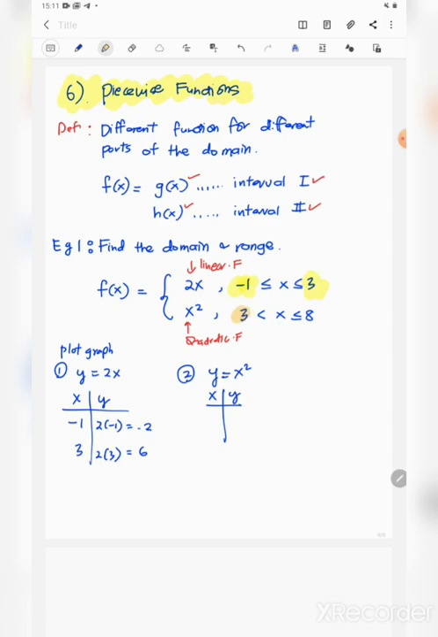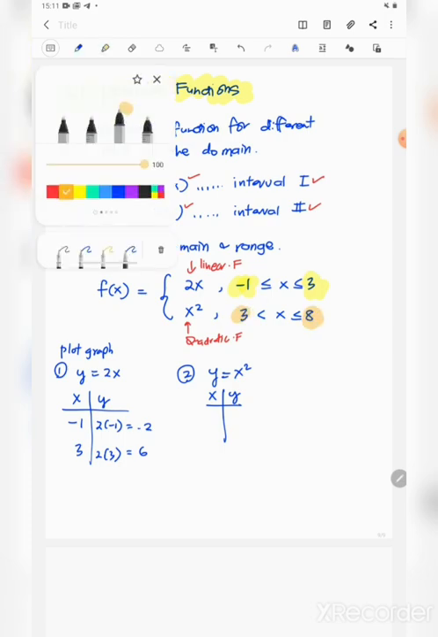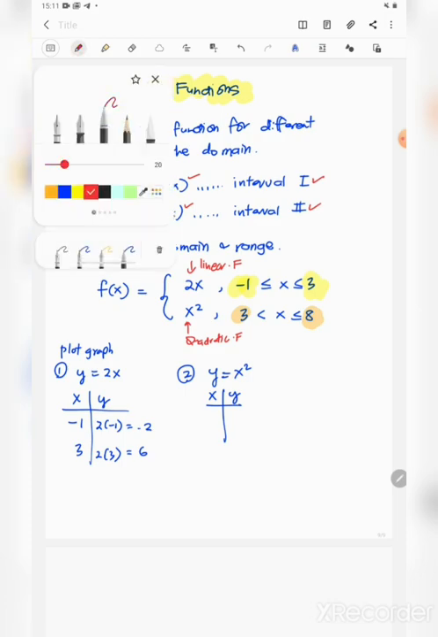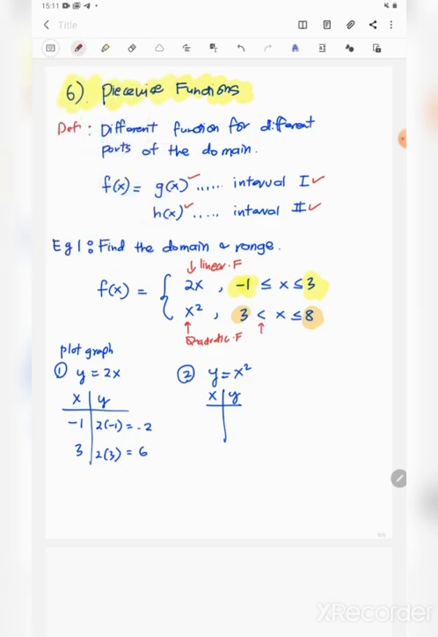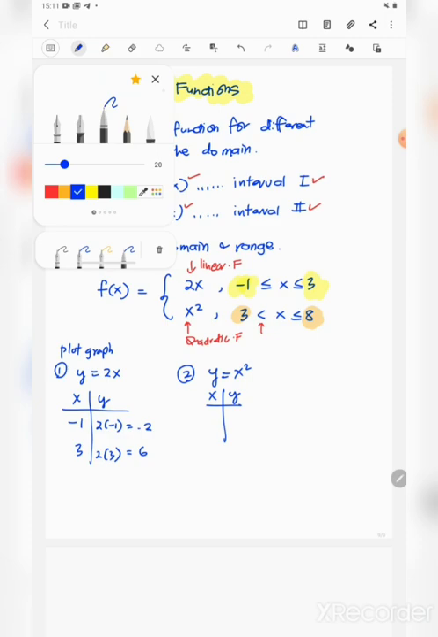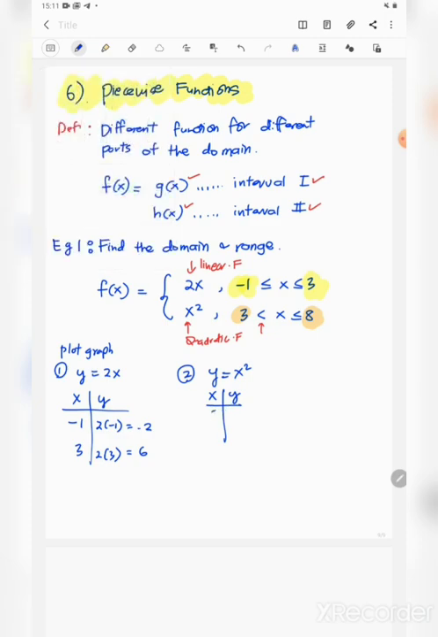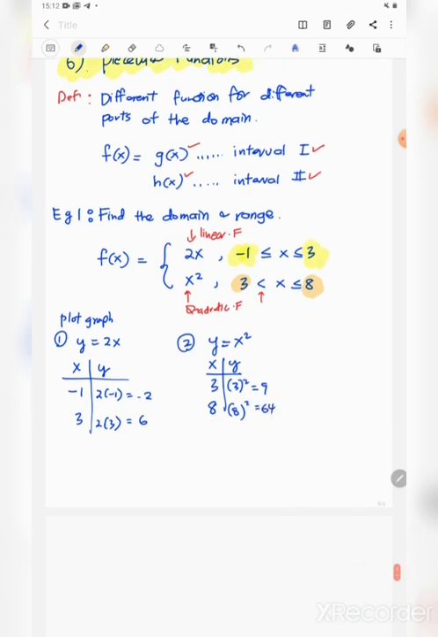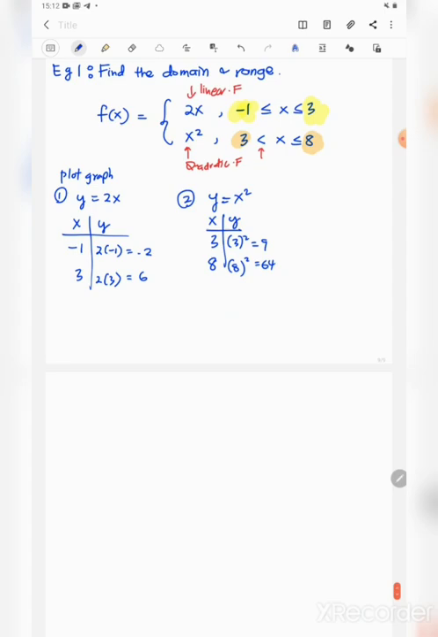Okay, this one we have 3 and 8. Don't worry about the sign, even though now we have the less than sign, but we don't have equal, right? Don't worry, this one we use when we sketch the graph later. When x is 3 and 8, what is the value of y? Just substitute into the function. We get 9, we get 64. Now to sketch the graph,